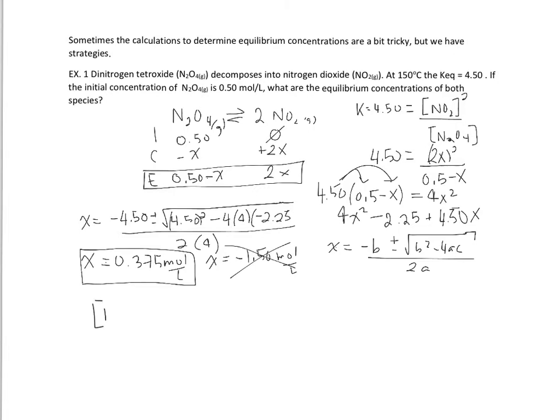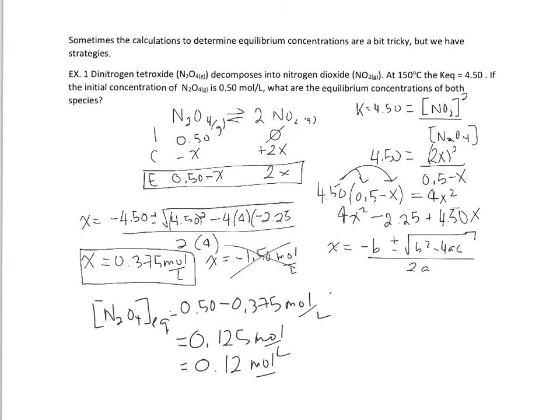The concentration at equilibrium of N2O4 is 0.5 minus 0.375 moles per liter, or 0.5 minus X, so 0.125 moles per liter is our concentration of N2O4, dinitrogen tetroxide, but we can only have 2 sig figs, so